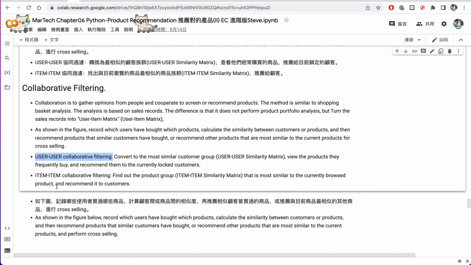In the second methodology I'm going to talk about, item-to-item collaborative filtering. For the first one, we find the most familiar customer group. The customers in the same group may have similar taste for the products. So we can make recommendations to the rest of the customers in the same group. We view the products they frequently buy, and then it's easy for us to recommend them and make promotions to the same group